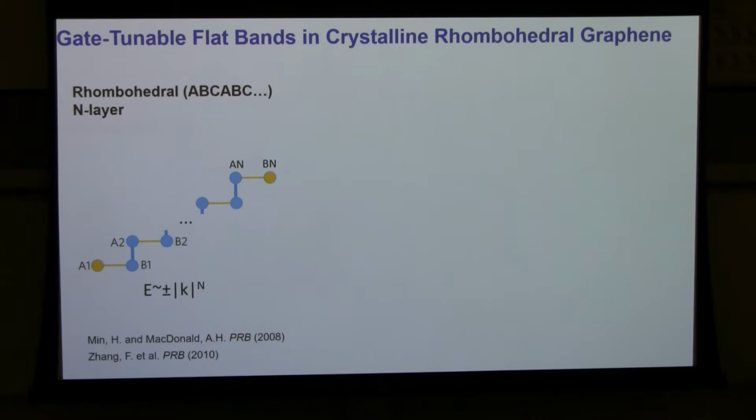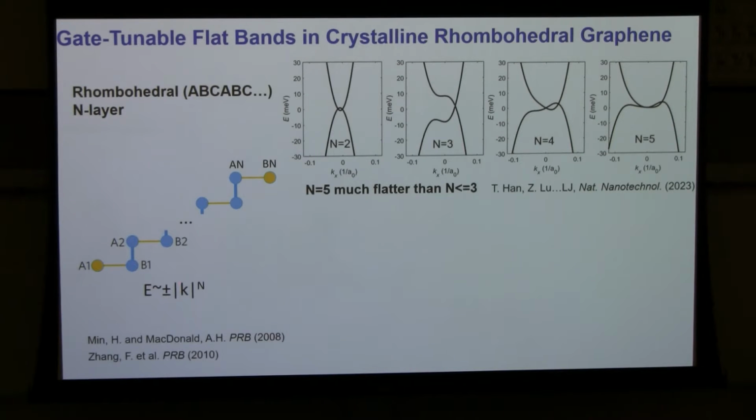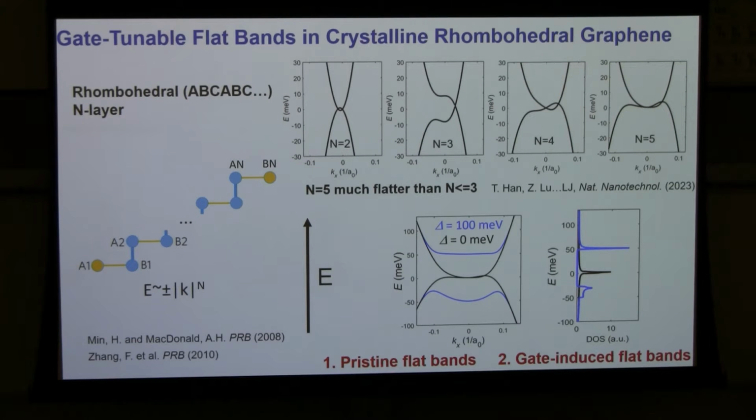And because these two electrons are talking very indirectly to each other, you get this funny dispersion relation where energy is roughly proportional to momentum to the nth order. If n equals 1, you get a linear band, and if you start to increase the n, you get more and more flat band at small k, or low energy. Okay? And then if you get to something like 4 layer or 5 layer, it looks like, well, here's somewhat flat band. Okay? So this structure itself has some flat band in it. I would call it a pristine flat band when you go beyond 3 layers.